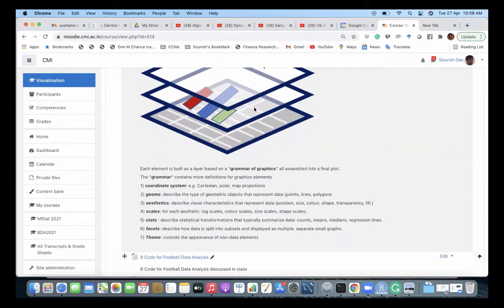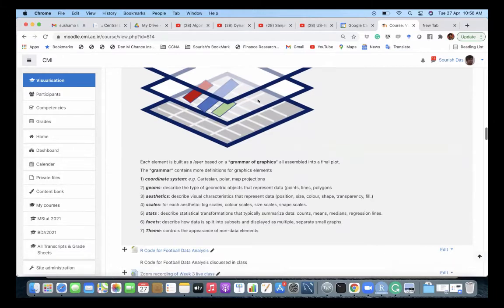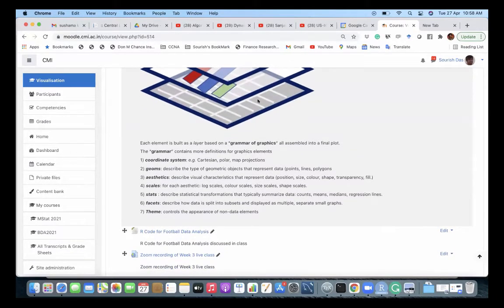And more precisely, it builds on the concept called grammar of graphics. This grammar of graphics effectively has seven layers of ideas. The first is the coordinate system: Cartesian, polar, or map projection.